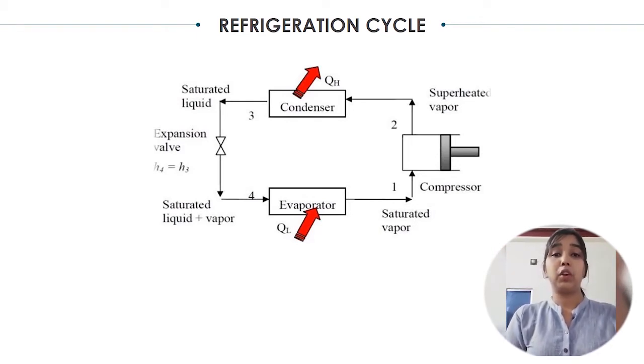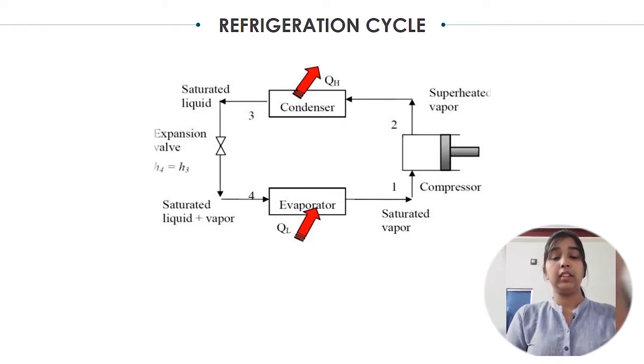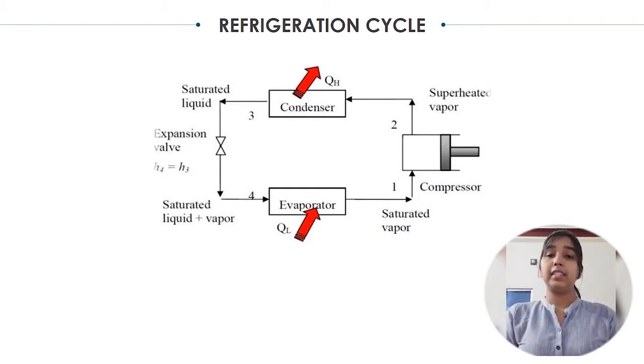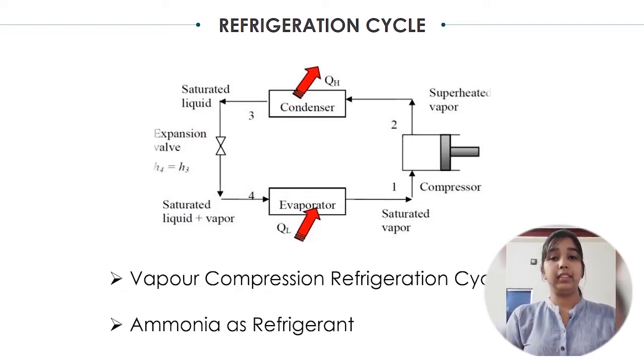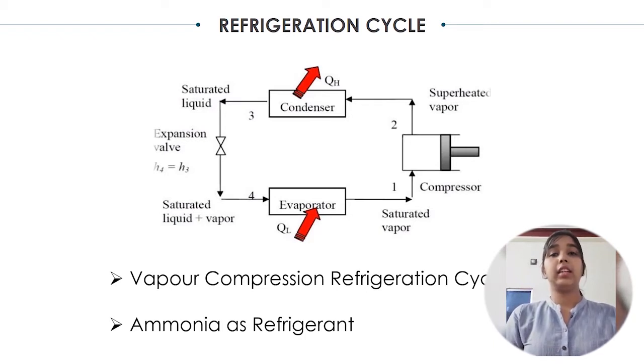Refrigeration is the process of maintaining a low temperature in the storage space as compared to the surroundings. Cold storage works on the VCR cycle, that is the vapor compression refrigeration cycle. The cycle mainly consists of 4 components: evaporator, compressor, condenser, and expansion valve. Here the evaporator and condenser are heat exchangers, where the evaporator is the heat exchanger attached inside the system, and the condenser is the heat exchanger attached to the surroundings.